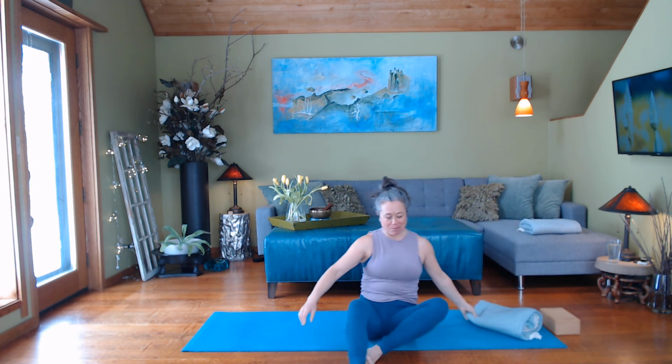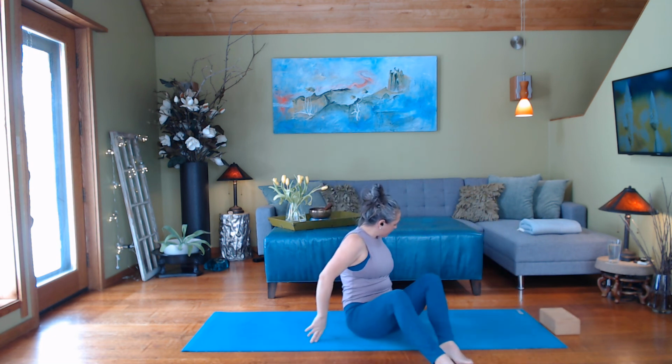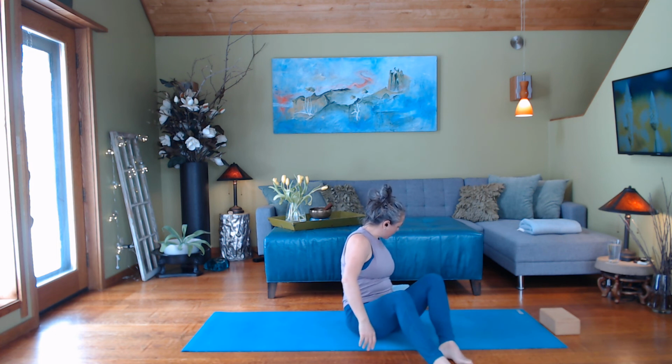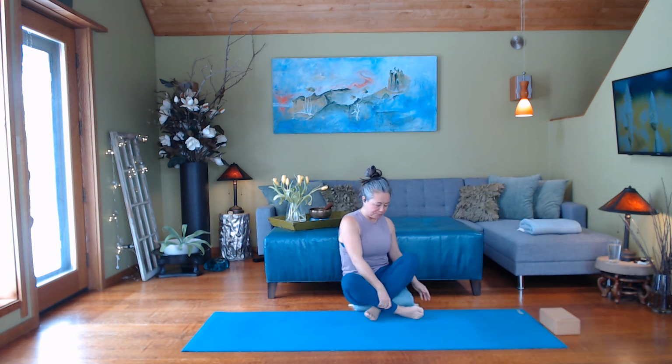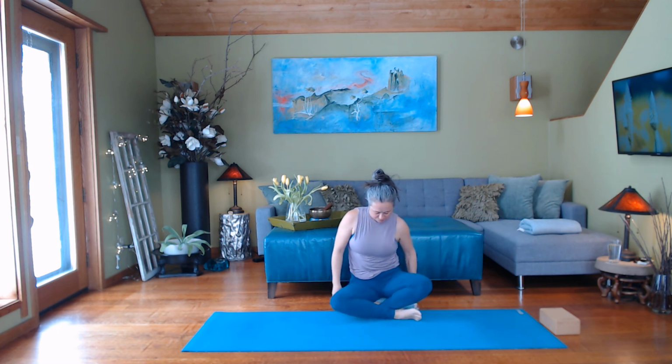Then we're going to come into our breath locks. But you might want to do a little knees to belly or just notice what is useful at this time. All right, so breath locks